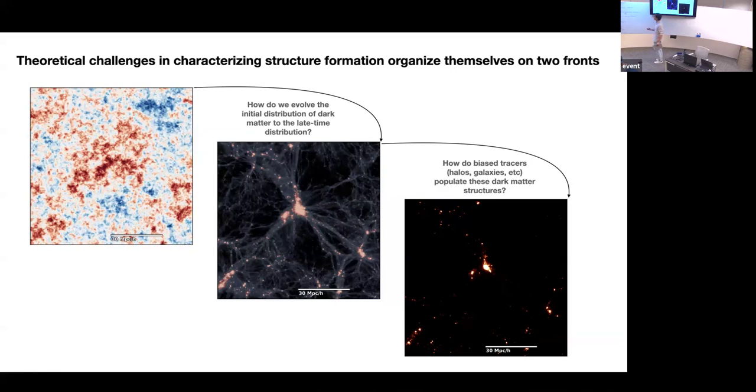So physically, what is the Eulerian versus Lagrangian picture of structure in fluid mechanics in general? Eulerian fluid mechanics is the lab frame. You might have some fluid flow, but then you draw some voxel, some region, and ask: what is the density, or the density contrast relative to the average, at this region? What is the velocity divergence flowing through it? What is the pressure, or the temperature if you have some equation of state? You do this at every cell, and you write equations of motion that connect these quantities from one cell to the other.